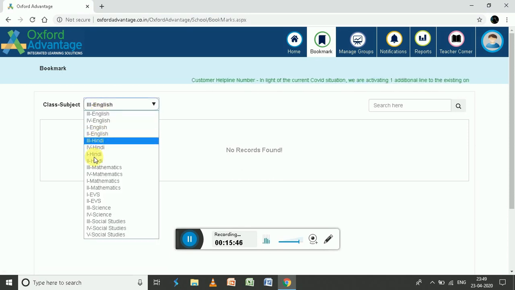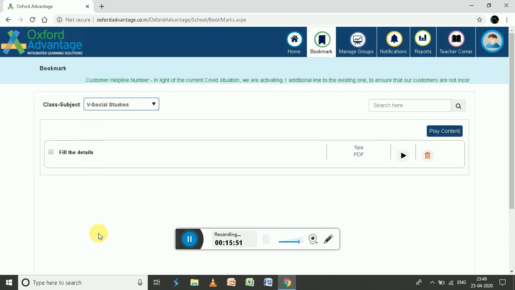you have to select your class, social studies, and there you go. Just now I bookmarked it and I found it over here. This bookmark is very efficient, as you do not want to fidget with all the tabs and options.